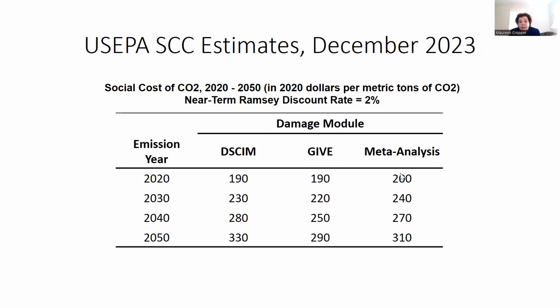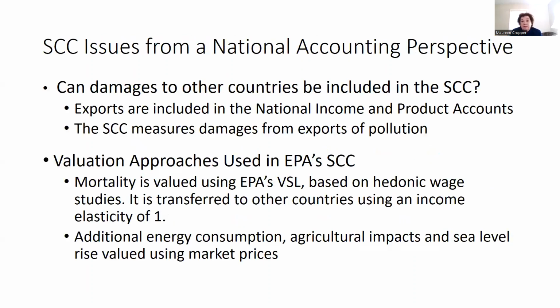And as you can see, the ton emitted in 2020 is now valued at about 5 times what you saw, sorry, 4 times, so early in the morning for me, the $50 amount. So as I said, if you were to adopt this value, you would indeed have 6 billion tons at $200 being $1.2 trillion. It would be large damages. Now, what are the issues from a national accounting perspective?